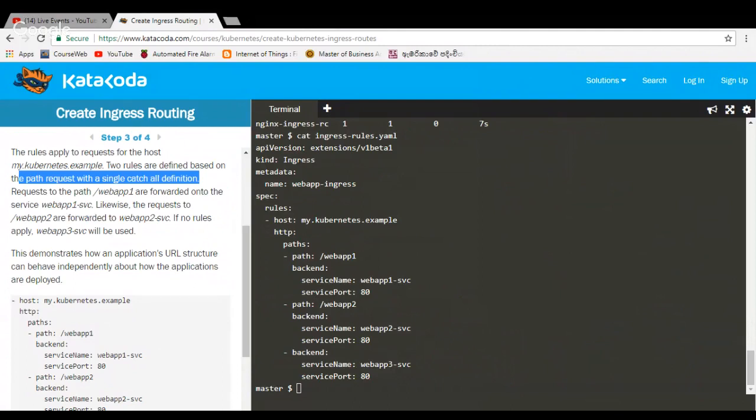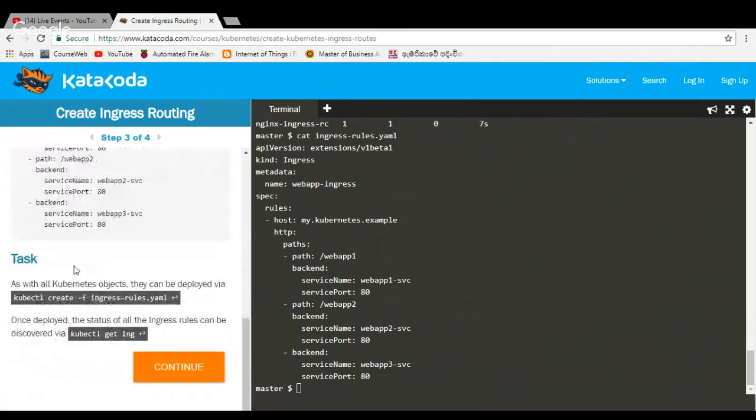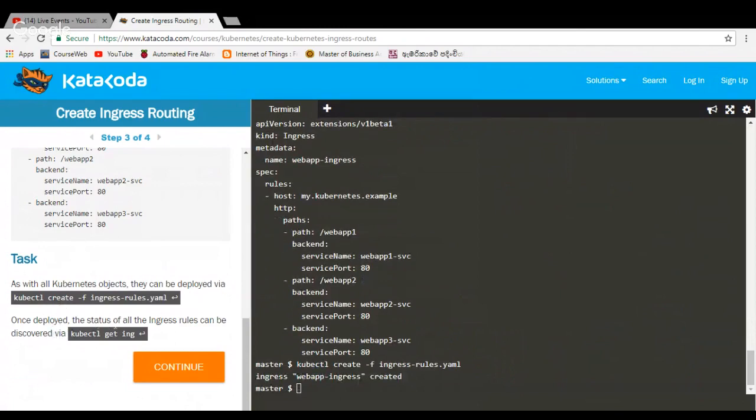This demonstrates how an application's URL structure can be independent of how the applications are deployed. As with all Kubernetes objects, they can be deployed via, and once deployed, the status of all the ingress rules can be discovered via